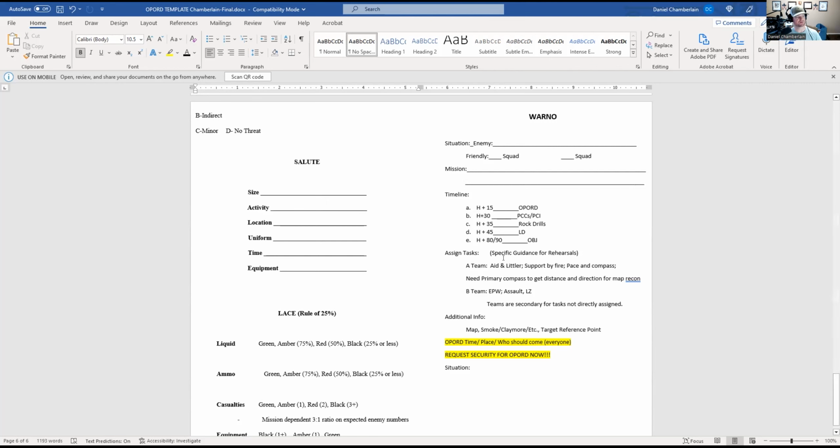Mission, it is imperative that this is your op order ready, like it is the full mission statement. So if anything else, sit down and get your mission statement written out. So remember, that will be we, or our squad, first squad, whatever, will conduct an attack on objective, whatever, in vicinity of wherever, no later than this time, in order to, and then give your in order to. Okay, so it should be that way every single time.